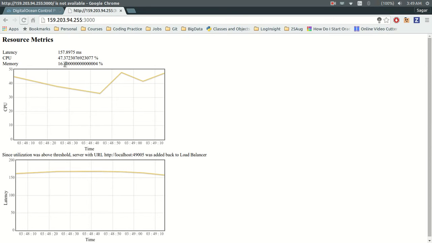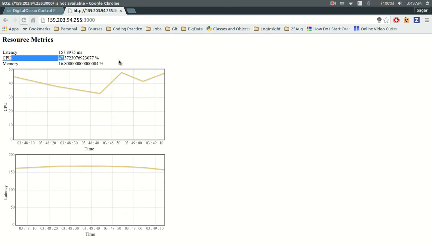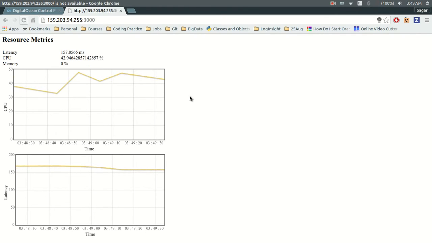So now we can see that once the CPU utilization has exceeded beyond 45%, the node was added back to the server. So in this way, we add this node back as soon as we find that the latency has exceeded our threshold. This is how Diet Monkey controls the resource and the resource allocation for the server. So this completes the requirement for the fourth and the special component of our milestone.